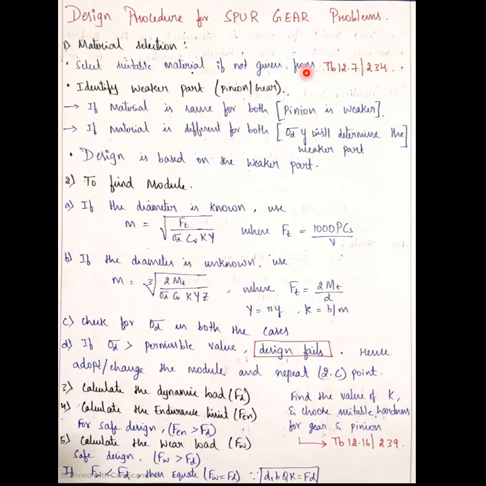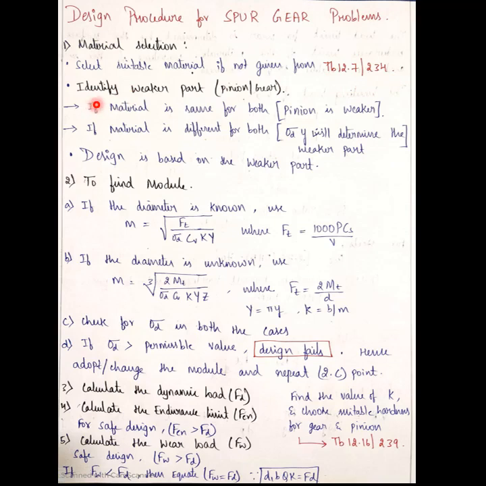Design procedure of spur gears. The initial step will be the material selection, which depends upon the type of materials we'll be using for different types of gears: cast iron, aluminum, bronze, and other materials. We will be selecting from table number 12.7, page number 234. This table lists different grades: bronze, phosphor, manganese, aluminum, forged steel. With respect to this table, we will always consider the allowable design stress and the Brinell hardness number simultaneously while selecting the material.